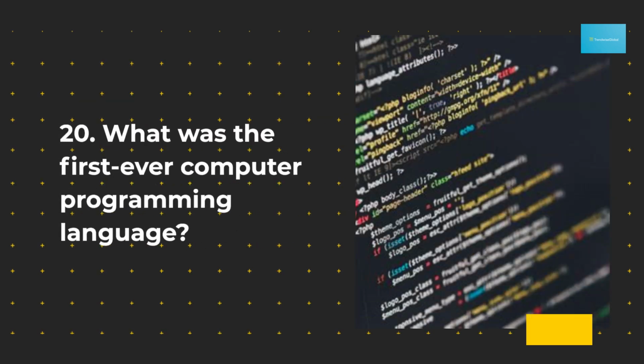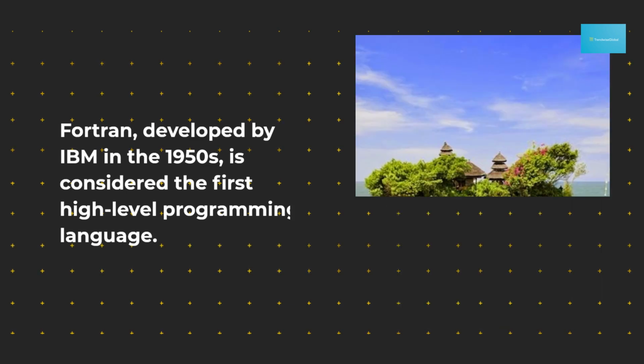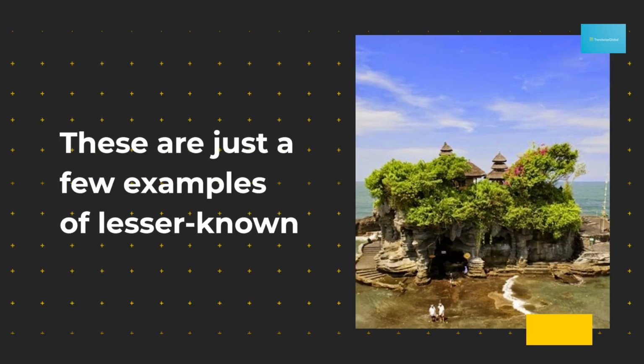20. What was the first ever computer programming language? Fortran, developed by IBM in the 1950s, is considered the first high-level programming language. These are just a few examples of lesser-known,